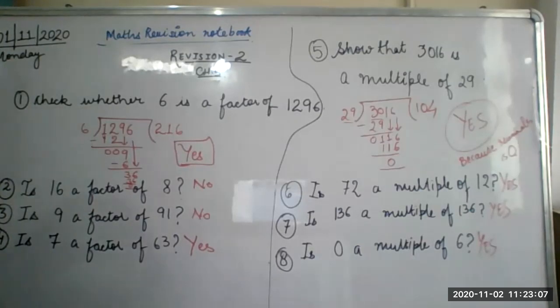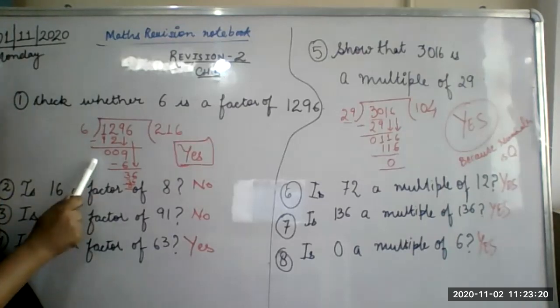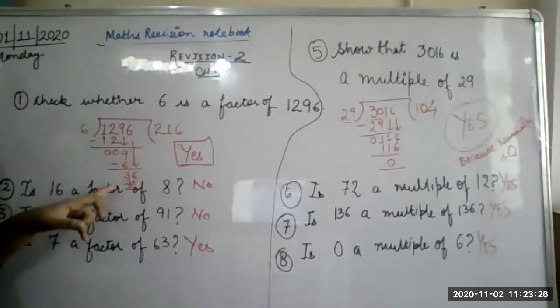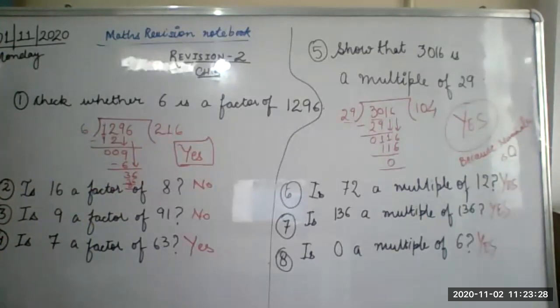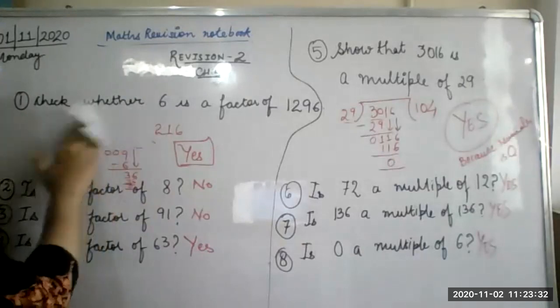Ma'am, in answer 1, you have divided. So, ma'am, after 9, you have to subtract by 6. Where? Here. This side? Yes, ma'am. This one? Yes, ma'am. See, beta, 6 ones are 6, because there is a little less space. That's why I've done it like this. So I'm just doing it with a black pen so that you can see it clearly.